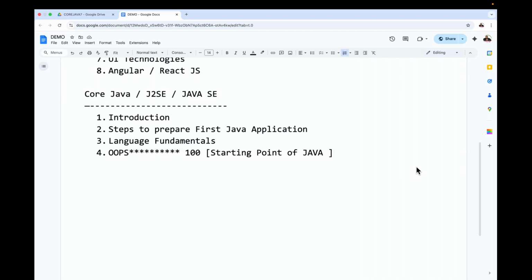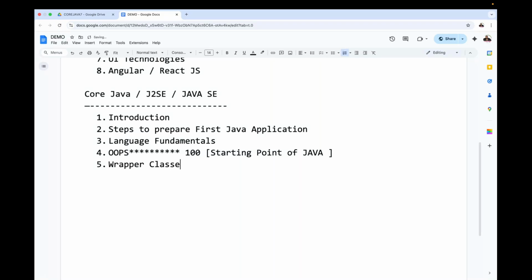So in fact, I'm going to cover more and more content inside this object orientation. We'll get more and more information on this object orientation. After completion of this object orientation, after understanding it, the next topic we are going to understand is